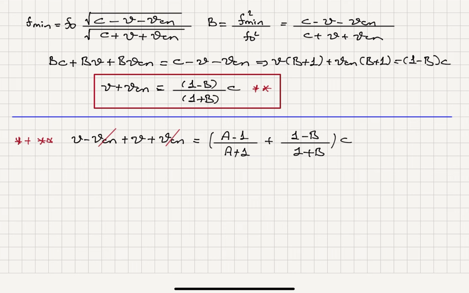And I will obtain the tangential speed of the stars to be V is equal to C over 2 times A minus 1 over A plus 1 plus 1 minus B over 1 plus B,